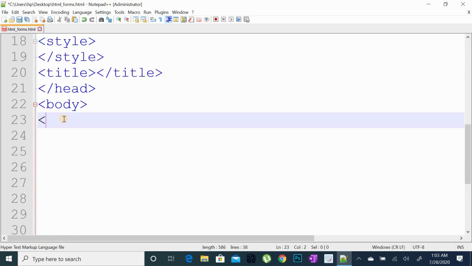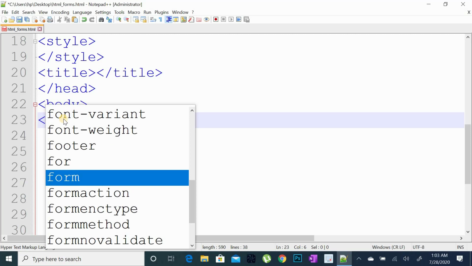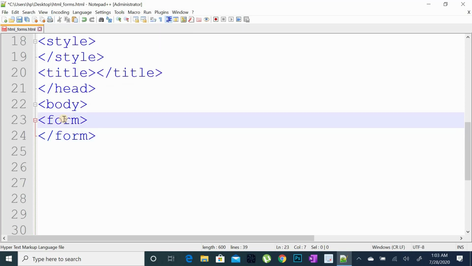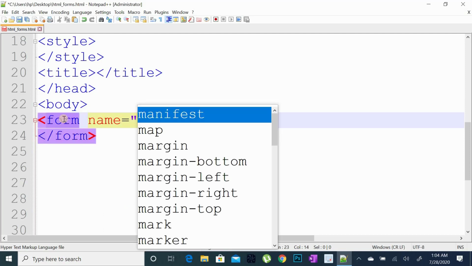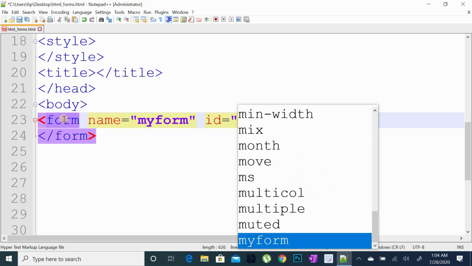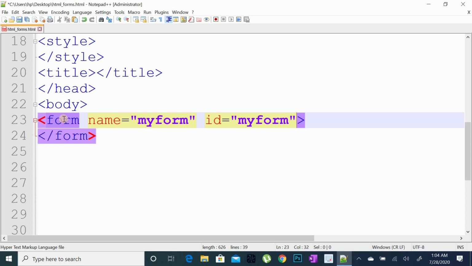In order to create the form, first you need an opening form tag and then a closing form tag. It means that I am creating a form, and you must give a specific name to your form. For example, my form name is, let me give it my form. You can also give it some specific ID in order to format it in CSS. For example, the same, I am giving the ID,